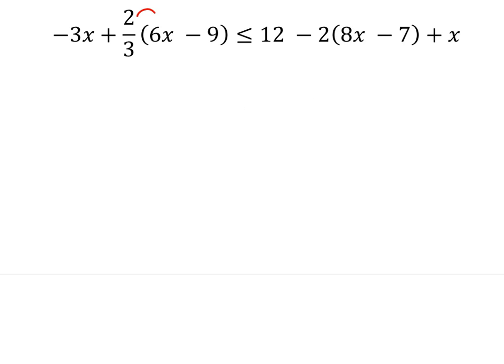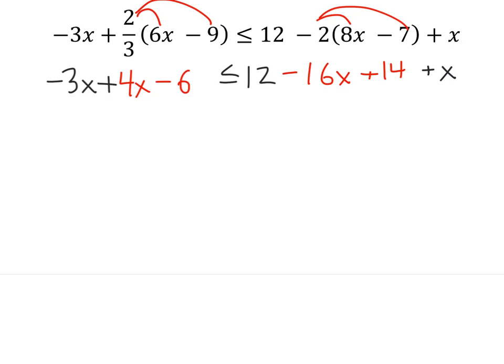Alright, so the first thing I am going to want to do anyways, even if I wanted to get rid of the denominators, is to distribute. Now I have two places I need to distribute, and it's important to remember that here it's like we're distributing a -2. So after distribution I have this -3x plus 4x minus 6 is less than or equal to 12 minus 16x